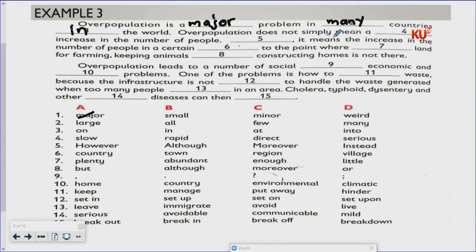Overpopulation does not simply mean a dash. A slow increase in the number of people, a rapid increase in the number of people, a direct increase, a serious increase. It is rapid. Does not mean a rapid increase in the number of people. Dash, it means the increase in the number of people in a certain. However, although, moreover, instead. It is instead because you're stating now the correct definition. Instead, it means